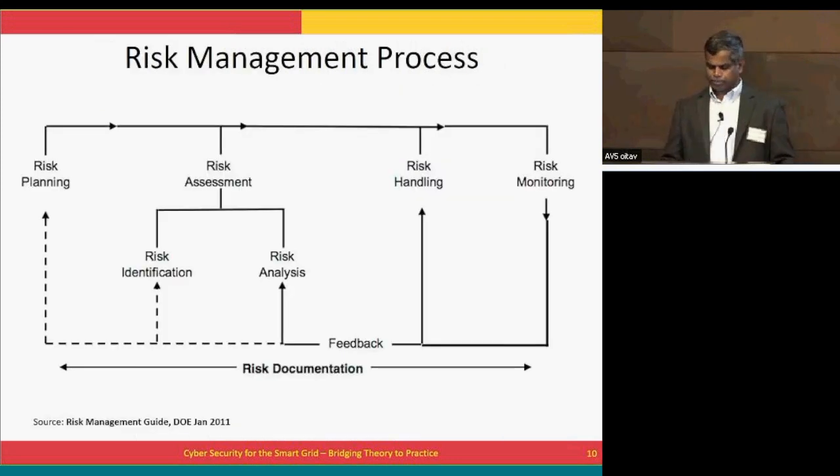From a process perspective, this is from the DOE Risk Management Guide. They list this as a 4-step process: risk planning, then risk assessment, risk handling, and risk monitoring. Risk planning means deciding what the scope of the system is, and how often you are going to perform this risk assessment process, those kinds of things. Similar to a project plan, you have a risk plan with who is going to do it, what the metrics are, what the deliverables are, who is going to be responsible, and where the resources are going to come from to address any high-risk scenarios. That is the risk planning.